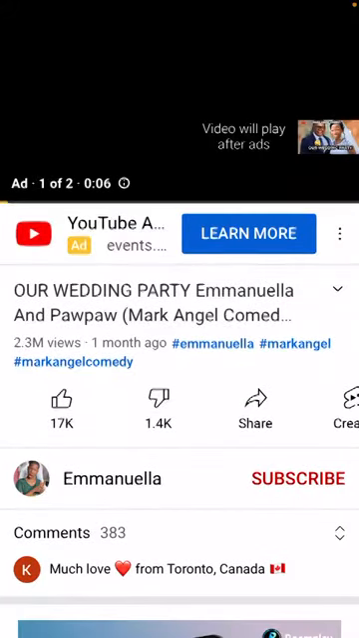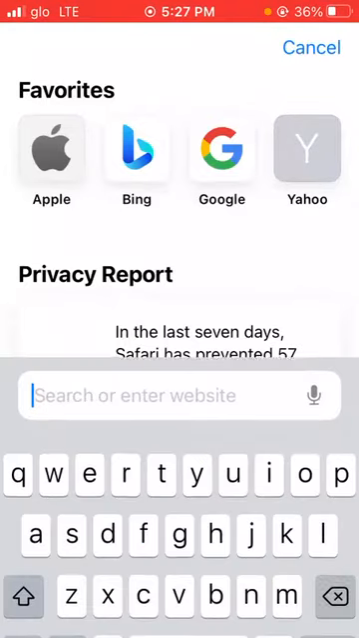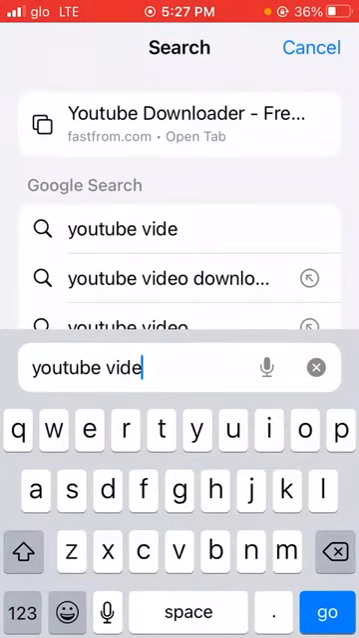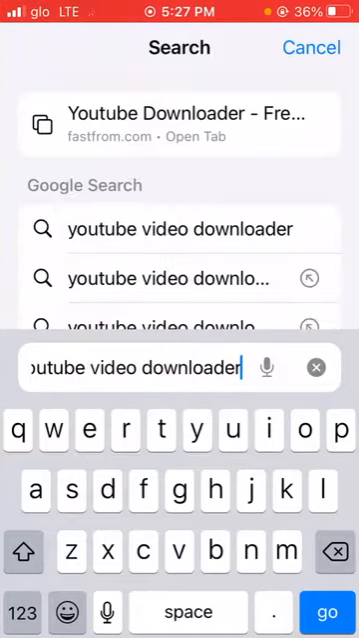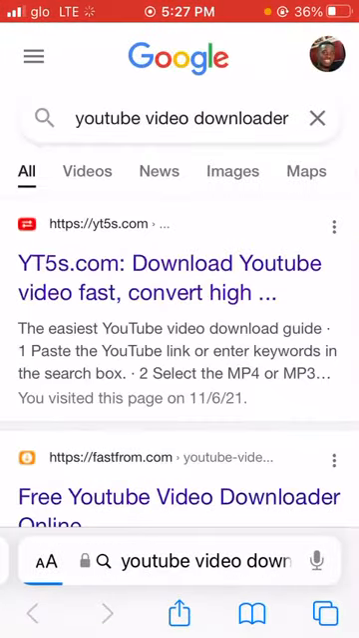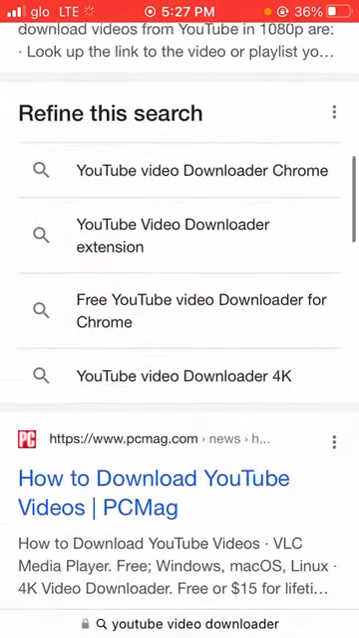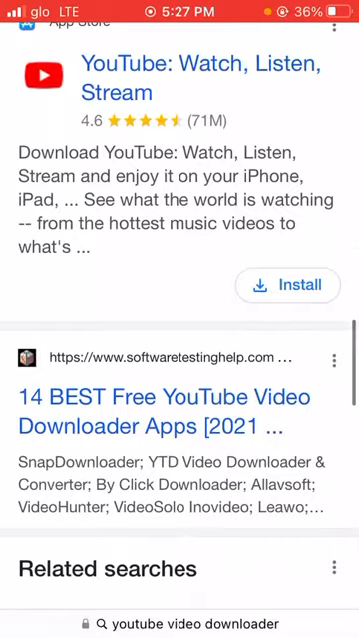Now we head to our browser. In your browser, you search for YouTube video downloader. There are so many YouTube video downloading sites. As you can see, there are lots of them, but today we'll be using the